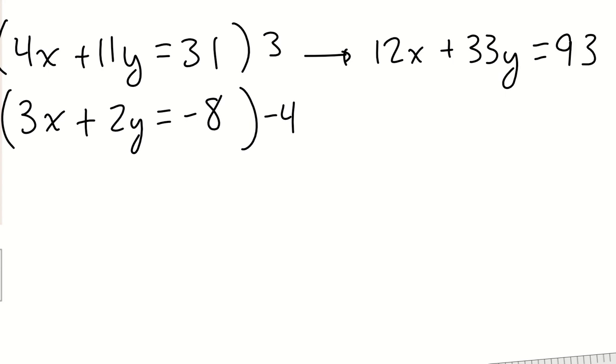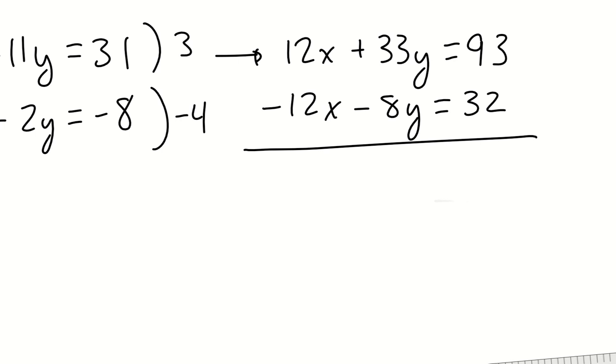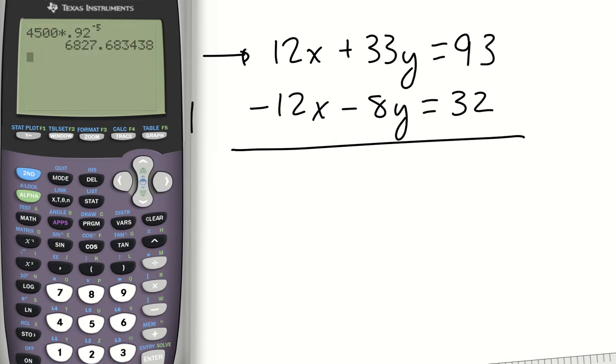And then on the bottom equation, I'm going to get -12x, and then I'm going to get minus 8y, and that's going to equal positive 32. So let's combine those. When I combine the x's, that variable is eliminated for the y's. Look at me with my calculator. 33? Scandalous. -8? Are you kidding? That's 25. So I get